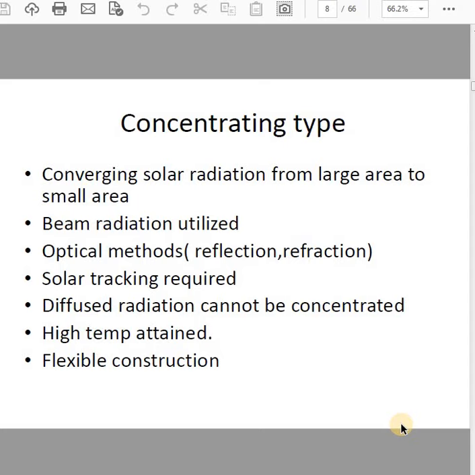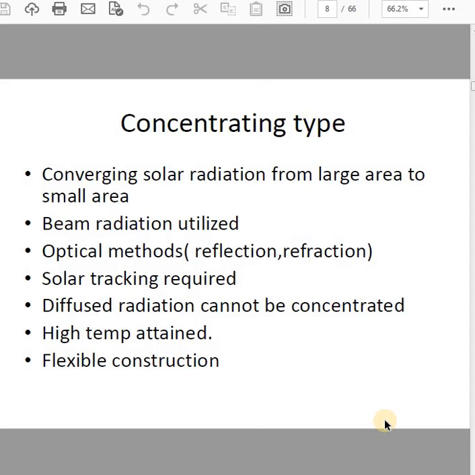Diffuse radiations are those scattered by the atmosphere, coming to the earth's surface after being diffused by clouds and other atmospheric substances. So those radiations cannot be concentrated because they are already diffused, and high temperature is attained